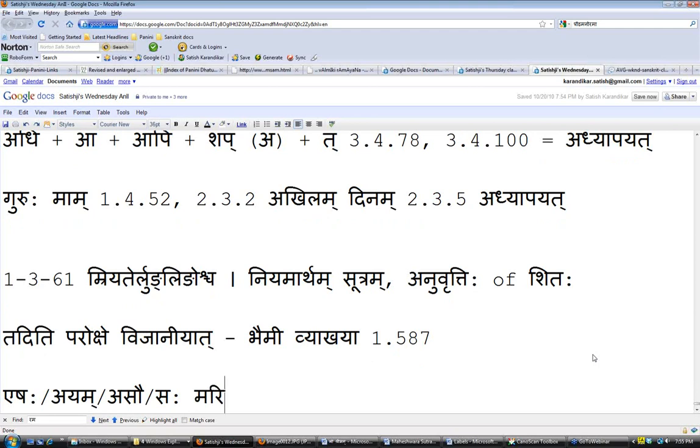And marishyati. Okay, marishyati. This is the Ani avastha. So esha athva ayam athva asau athva saha marishyati. Okay, now let's check out 1452. Clearly it is akarmaka. So give me the four forms: etam, imam, amum, and tam. That will be the four forms.